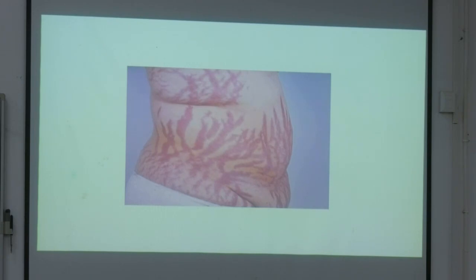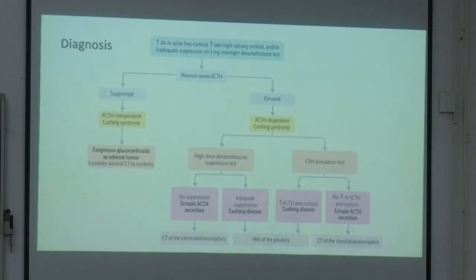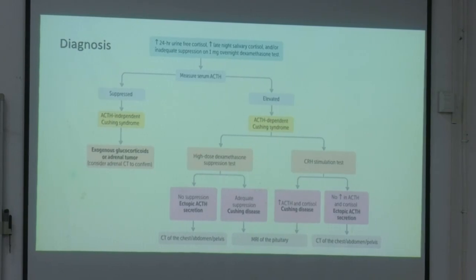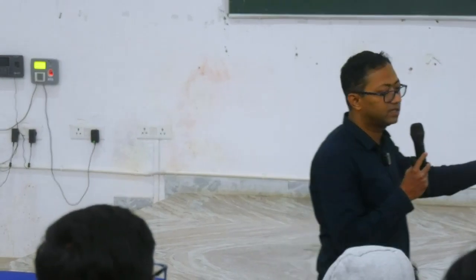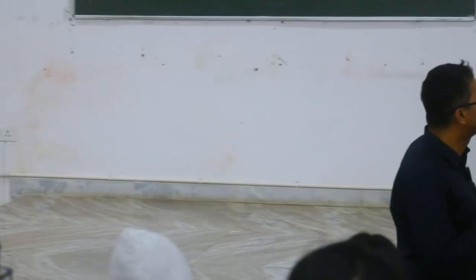Okay, now diagnosis. If you see typical phenotypic features of a Cushing syndrome, how to approach the diagnosis? Cushing syndrome may come as a long question, may come as a short note, or any explain-why type of question. Why do you see insulin resistance in the patient of Cushing syndrome? Why do you see these things in a patient of Cushing syndrome? So these are commonly asked questions, right?